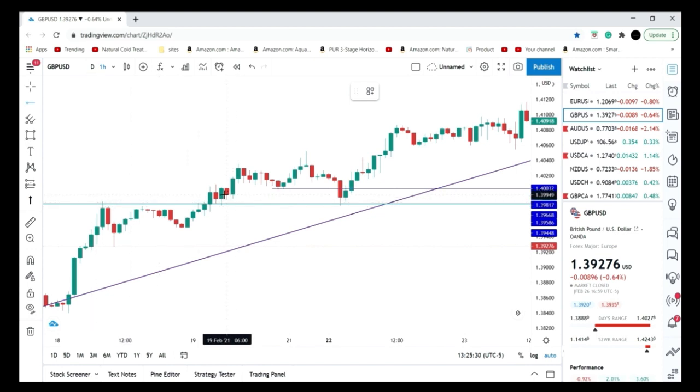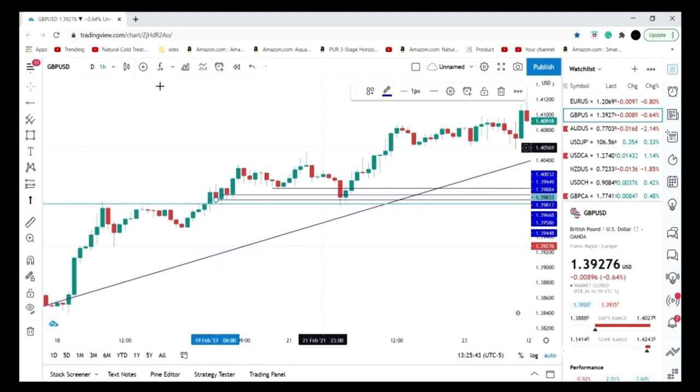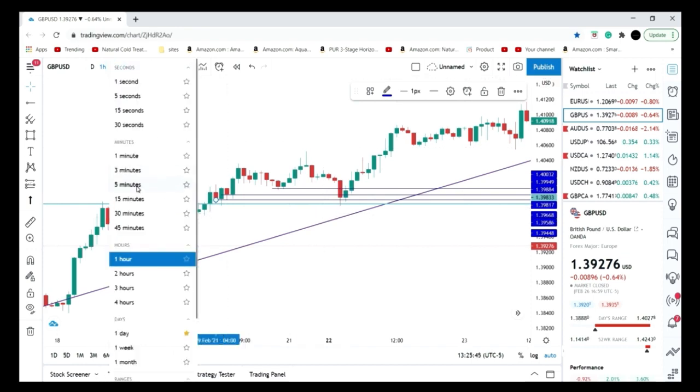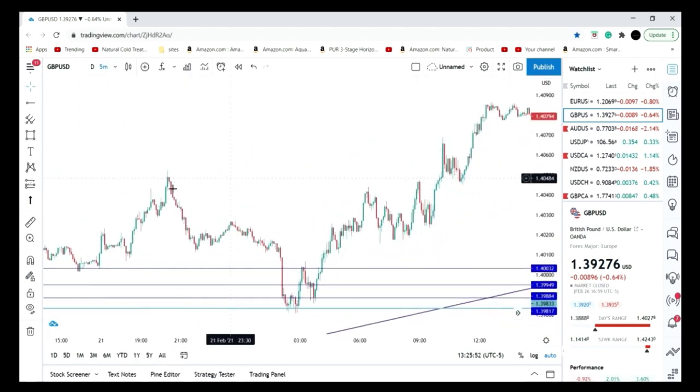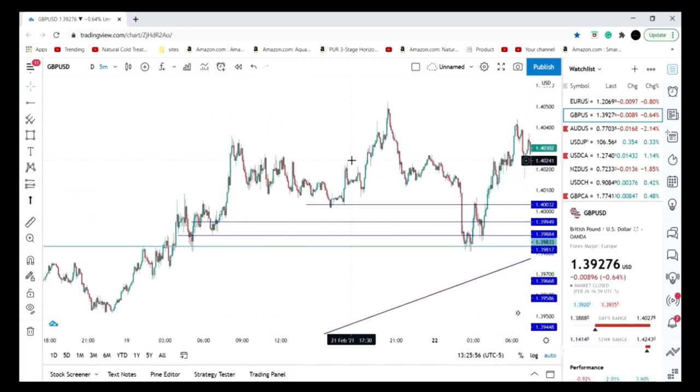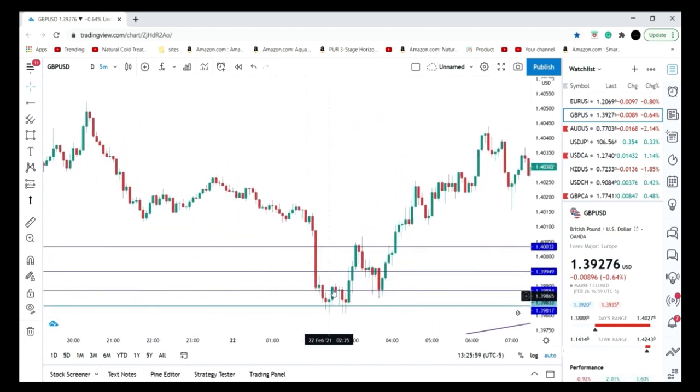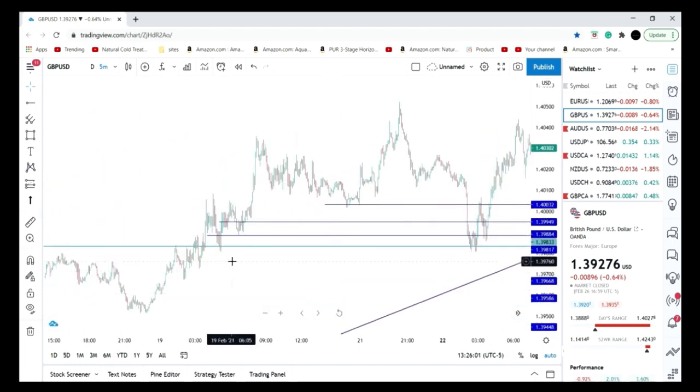You can put some of these levels down to see which level it reacts to. But these levels are so close, sometimes I probably won't even put it down, but you can. Now let's go to the 5 minute. Let's say I was watching that market this day, and it shoots down. Notice how it didn't react to none of those levels, but it reacted to that last level, which is that major breakout level,